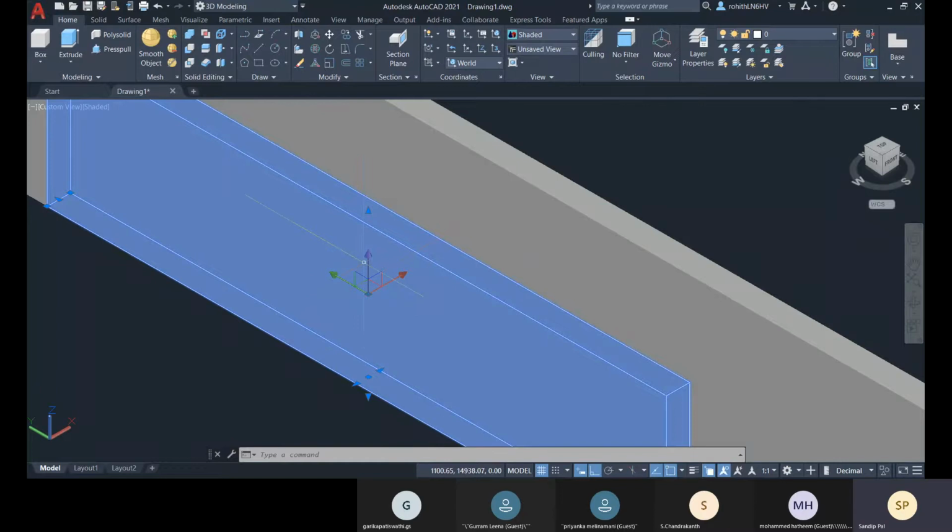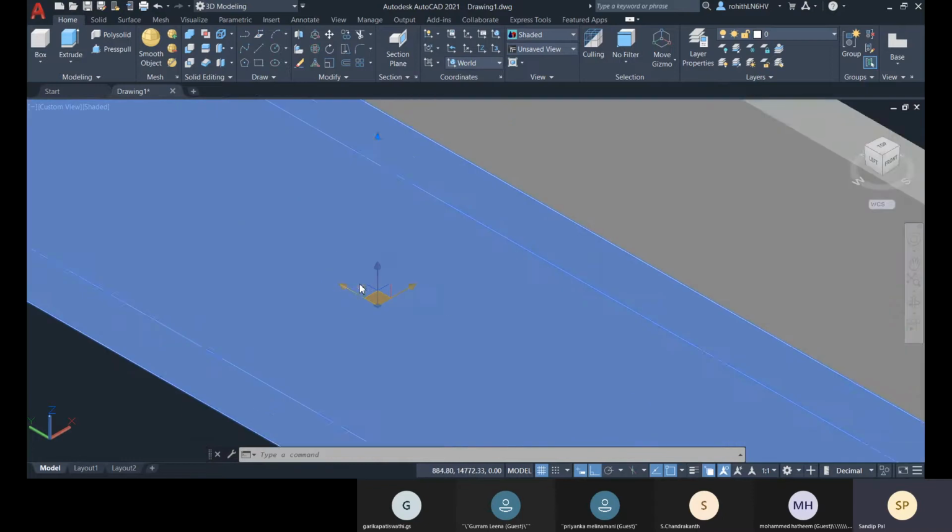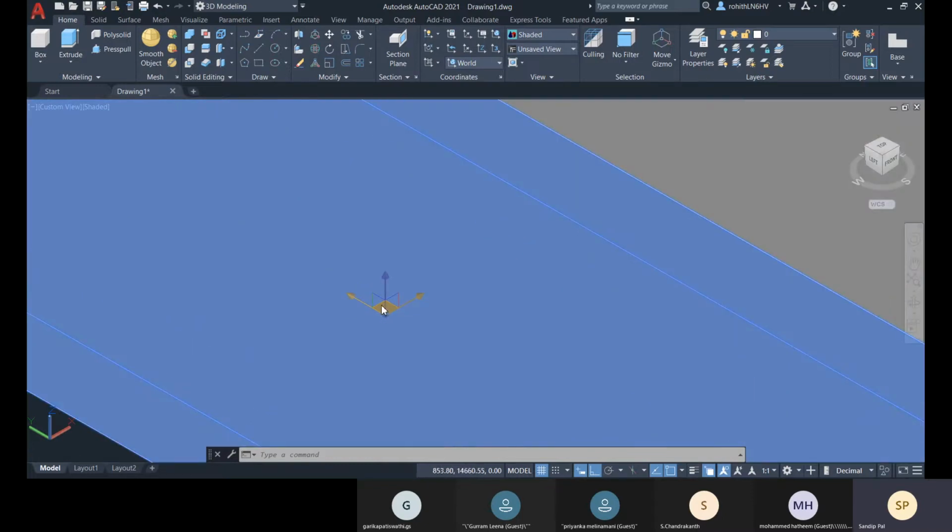So right now we are having move gizmo. This is called move gizmo, and it will show you the positive dimensions and direction. So the red direction is x positive direction, the arrow is directing towards the x positive, and the green arrow is directing towards y positive, and the blue is for z positive. And there you can see also planes are there. So this is xy plane, this is yz plane, and this is your xz plane.